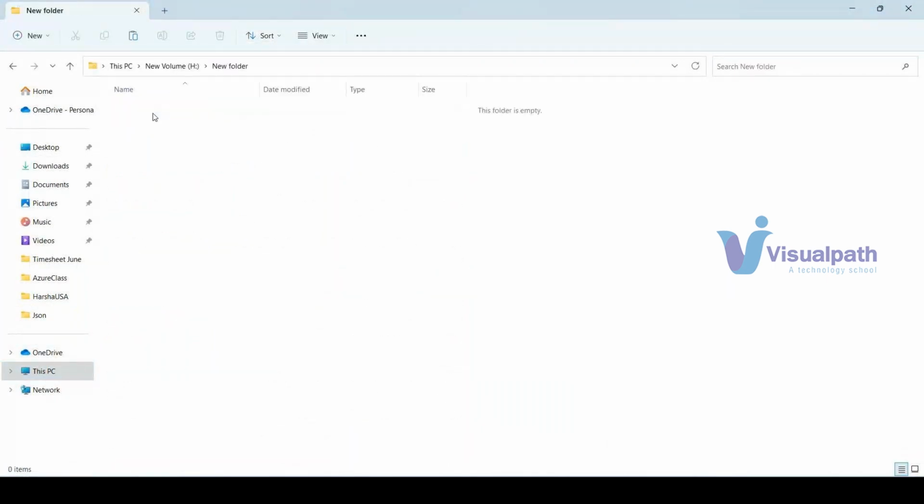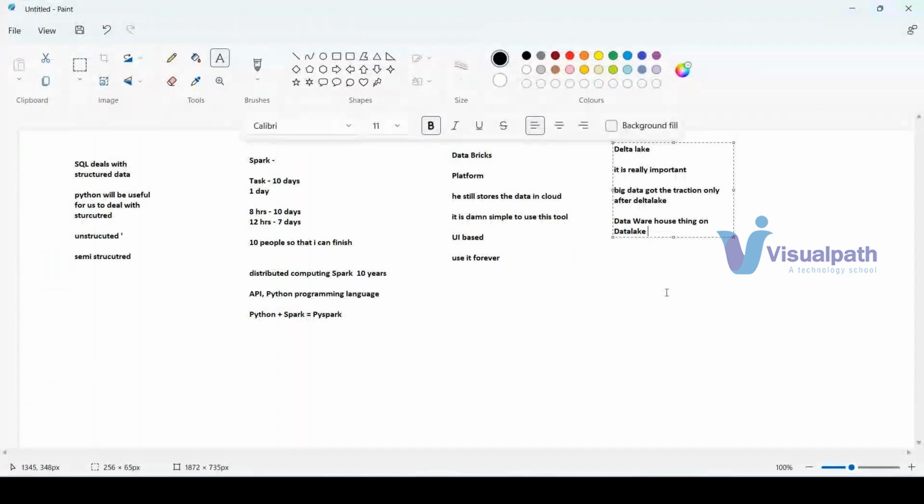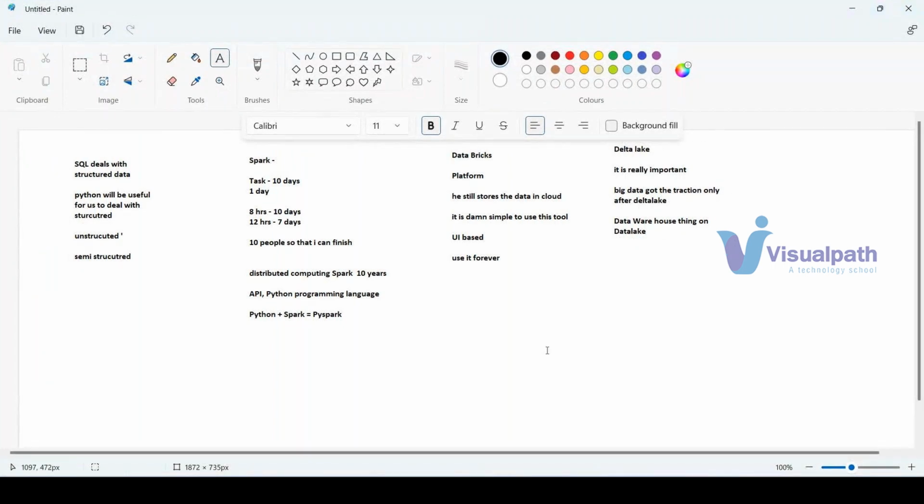Inside this, you have folders like this on the cloud. If you are storing the data, that's a data lake. On this, doing the SQL warehousing thing is called the Delta lake. Now, apart from this,